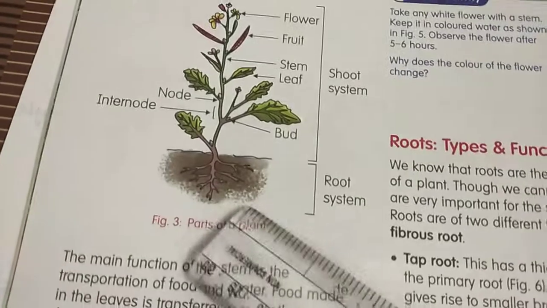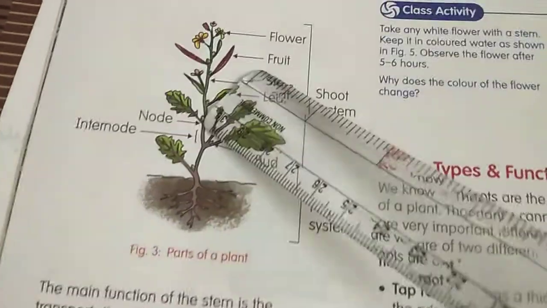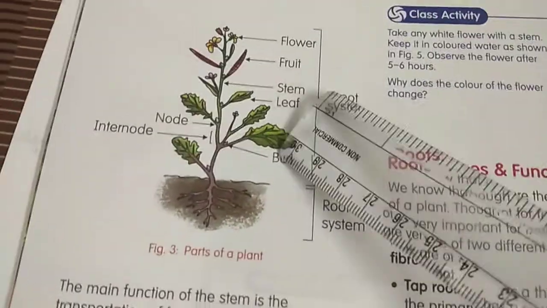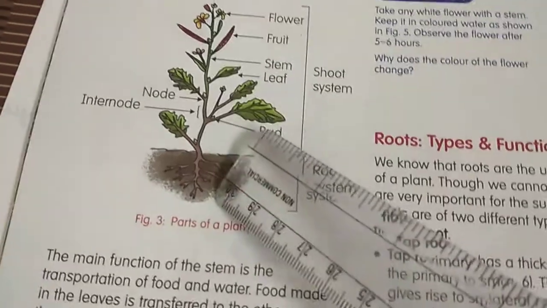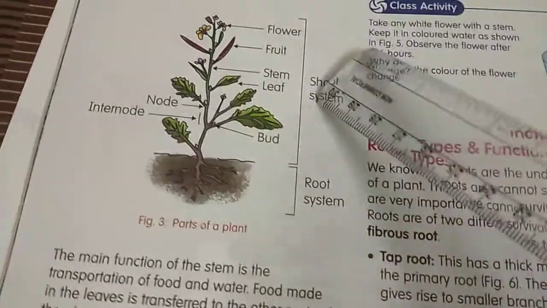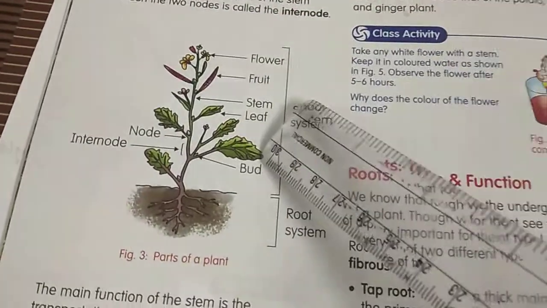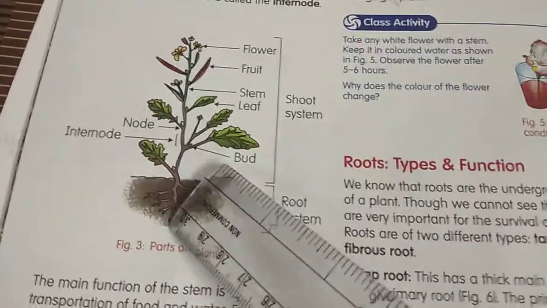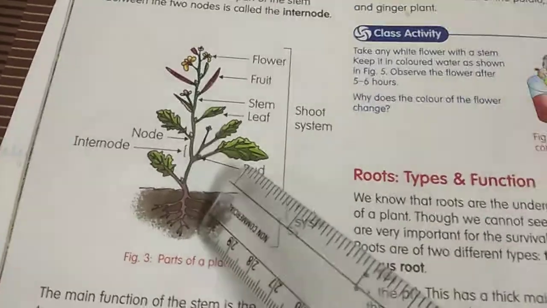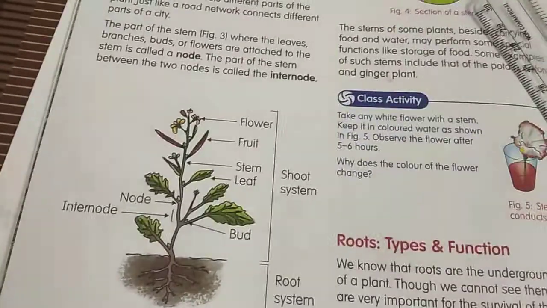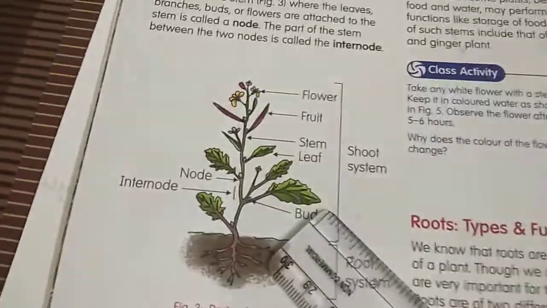You have to understand very well, water will go from the ground to the leaves. The leaves will prepare food using this water, the carbon dioxide available in the environment, and the sunlight. Then it will prepare food. But this food must come down, and it should be stored, either in the root or even to absorb water from the ground. They need energy, no? That energy will be given by this food only.